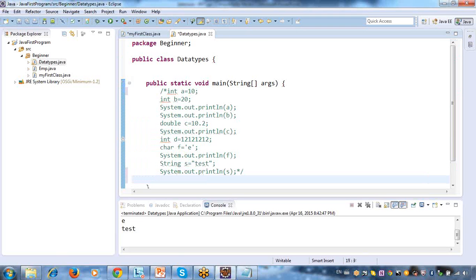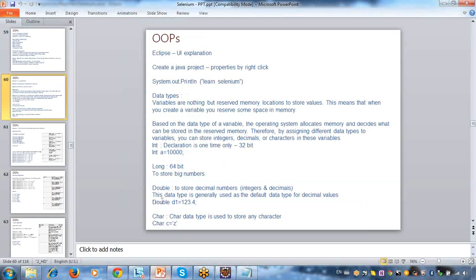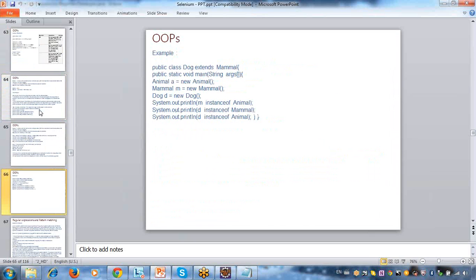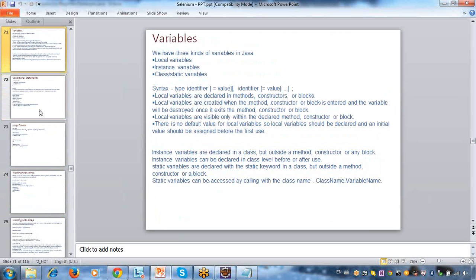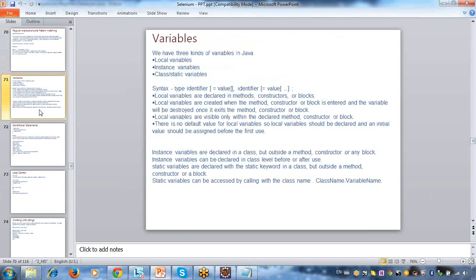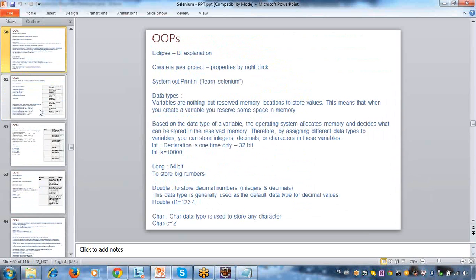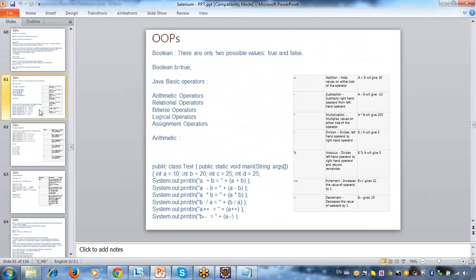Now you can have n number of variables with your data types. You can have integer, double, character, string, n number of data types. Here I also gave you some examples of how to do that. Okay. Now one more thing, before going to boolean and all, I wanted to tell you one more thing.